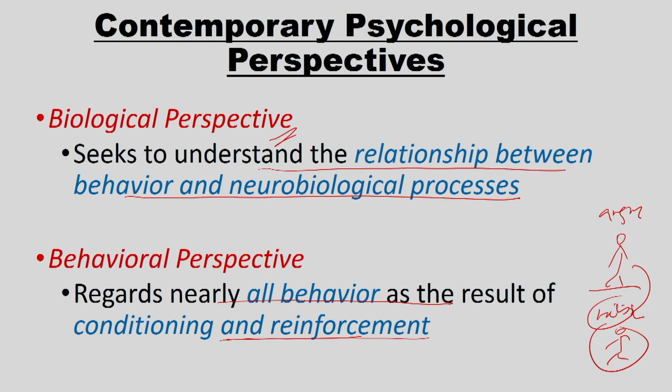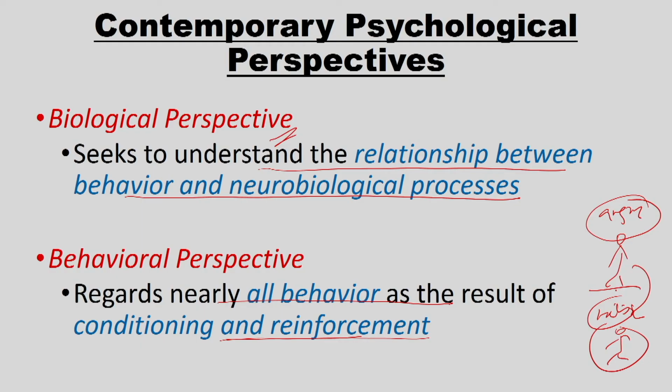Let us take the biological perspective. The biological perspective says that the process of getting angry makes certain regions of the brain respond and certain neurotransmitters related to anger fire. When these neurotransmitters are excited and received by certain regions of the brain or certain types of receptors, that produces a feeling of anger in him, and that anger makes him hit. So, because of certain neurotransmitter release and certain regions of the brain acting in a certain way,